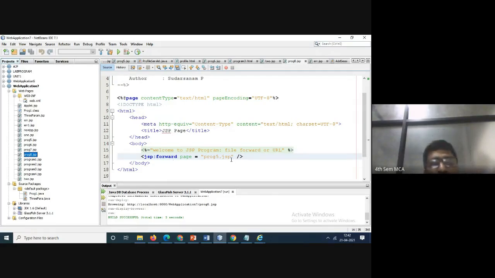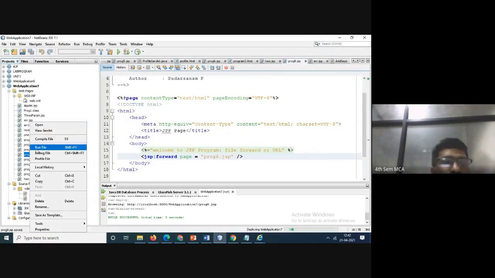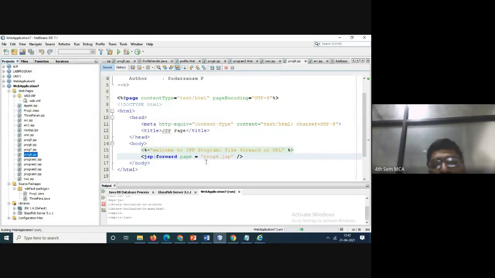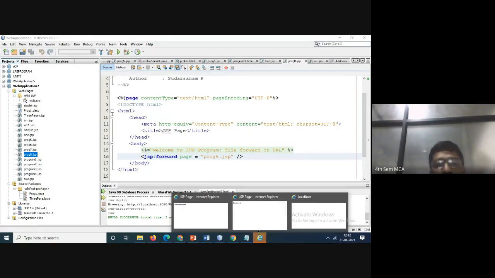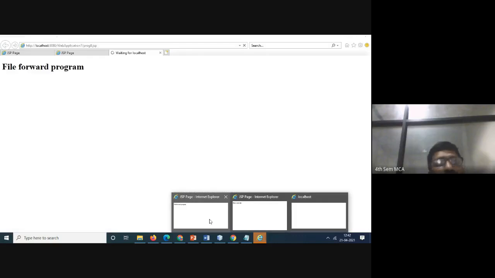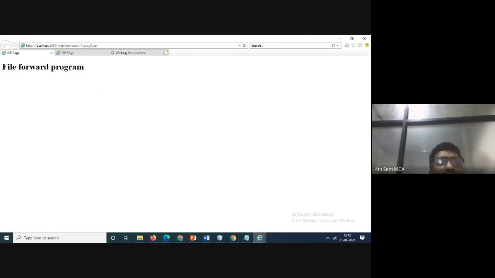You can give any file. So I'll give the same file only. What will happen? See here. Just for understanding purposes, have a look. Check it out now. File forward program.